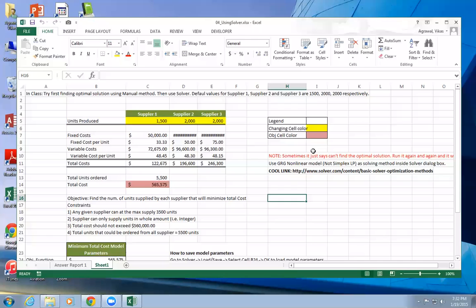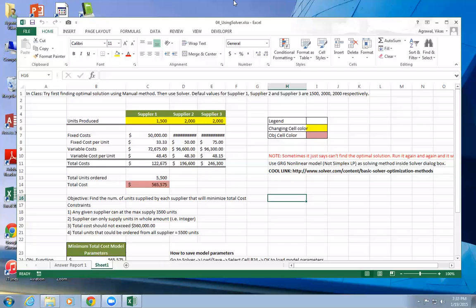For example, in this case, you have suppliers who are supplying you parts, right? Supplier 1, supplier 2, and supplier 3. You want to know how much you should order from each supplier so that you can minimize your total cost. Does that make sense to you? Right? That's an optimization problem because you cannot do it with your naked eyes. This is particularly a very small problem, so you might be able to find the answer manually. But if the problem is too big, then you have to resort to tools such as Solver to find the optimal solution. Are you guys with me?